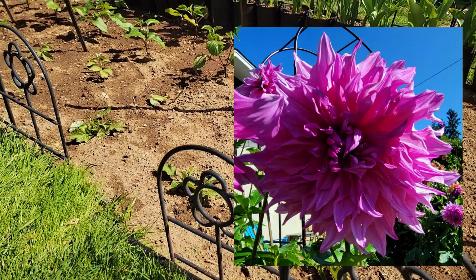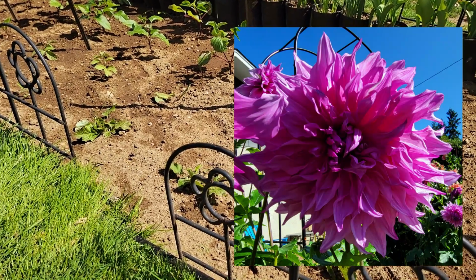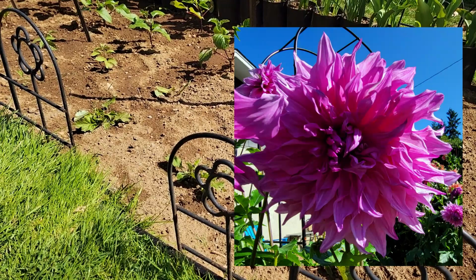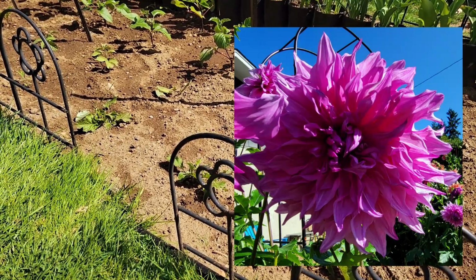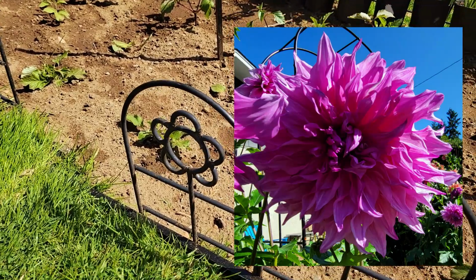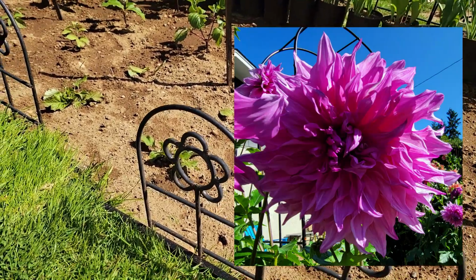But we'll see. I'm on the fence with it. I'm really on the fence with Pen's Gift whether I'm going to grow it again. It looks spectacular in the garden, but it's just got such a giant bloom. That one is really hard to use in bouquets. I mean, 13-inch diameter is massive. Anyway,